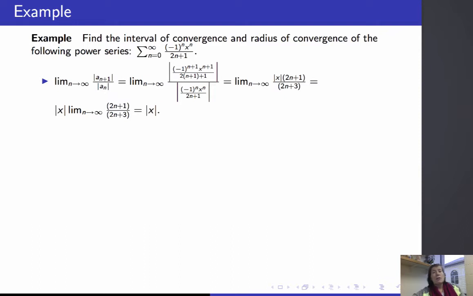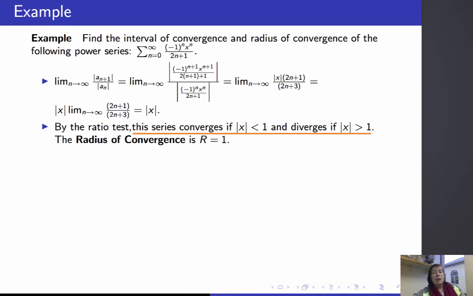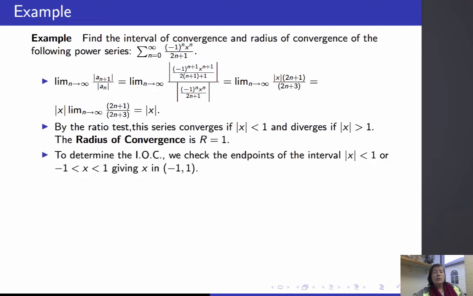So the limit of the ratio of the absolute value of a_(n+1) over the absolute value of a_n is the absolute value of x. Our ratio test says that our series converges if this limit is less than 1, and it diverges if the limit is greater than 1. So our conclusion is that our series converges if the absolute value of x is less than 1, and it diverges if the absolute value of x is greater than 1. So our radius of convergence here is r equals 1,